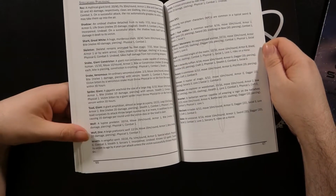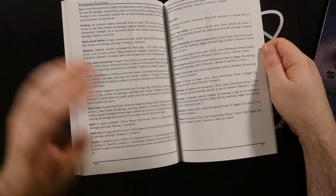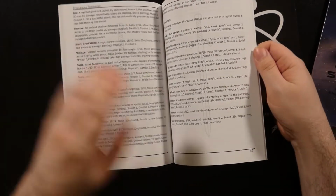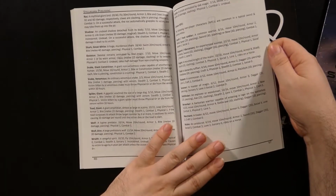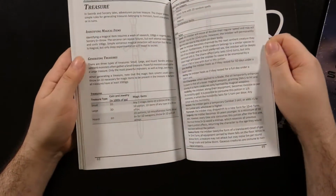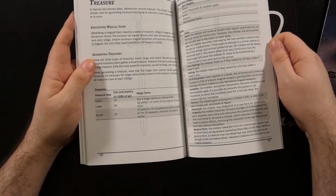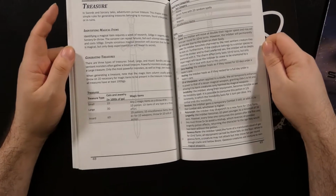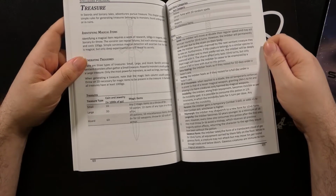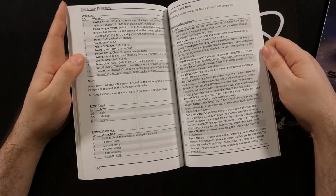Some of these creatures, the only real parallel you're going to find is in a D&D based system. You do have some basic NPCs like bandits and peasants and berserkers and such, so not everything you encounter is a monster. Then you do have a treasure system because, of course, sword and sorcery, dungeon crawling, you're going to want your treasure. Very abstract treasure system, but it's got some nice little magic items, some of which are pretty